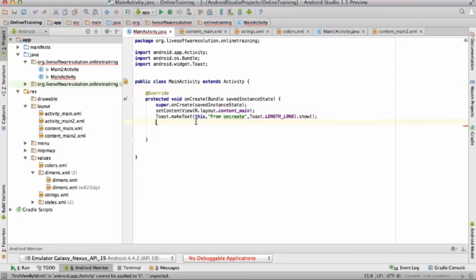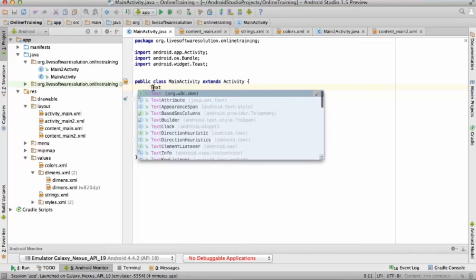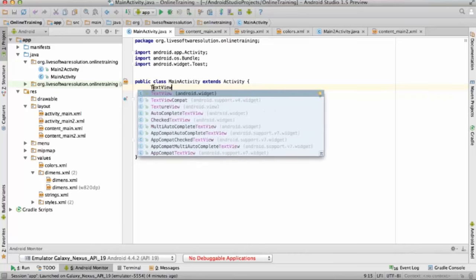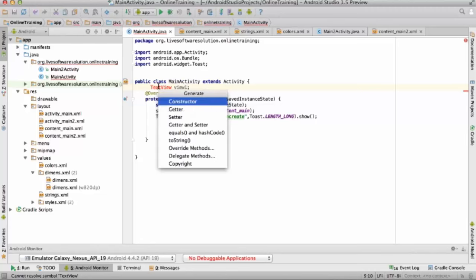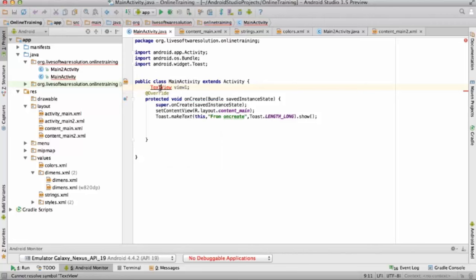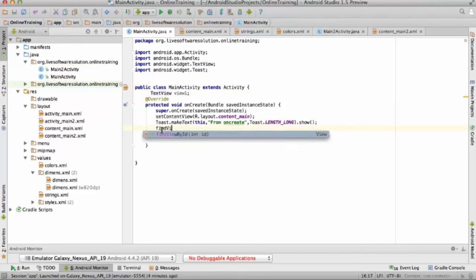I can also define this "please click" in a string file, and I can reference it from there to display the things here. You are getting my point or not? Yeah. But I just wrote the hard code, no problem. But you can avoid this kind of practice. So there is android:onClick, and there is a please click.